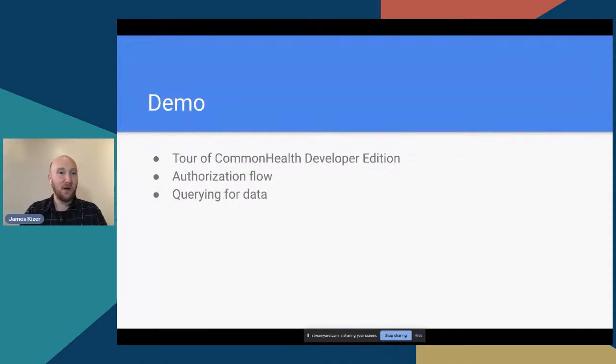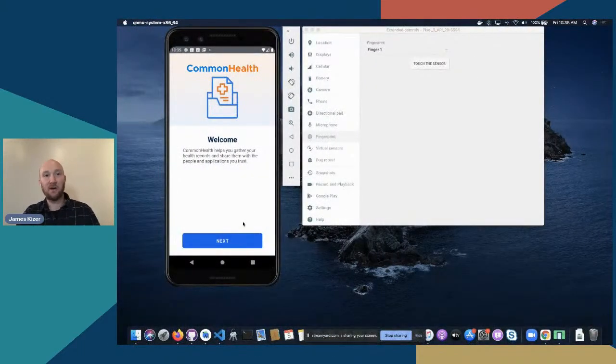So I just want to jump quickly into a demo. What I put together today is just a sample authorization request that maybe an app that wants to handle diabetes management might take. So we'll look at examples of how we can actually minimize the data for an application of that type. But initially, I want to give a quick tour of the CommonHealth Developer Edition, and then we can jump into the authorization flow and querying for data from the third-party app's aspect. So we'll switch over here, and you'll see the